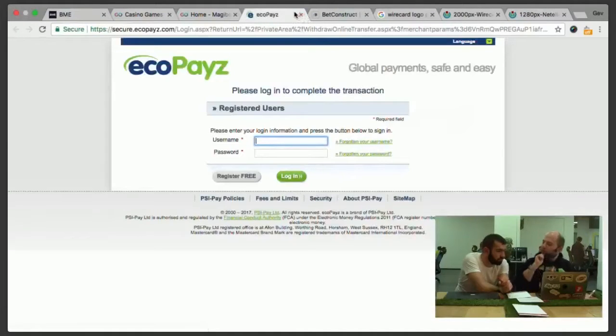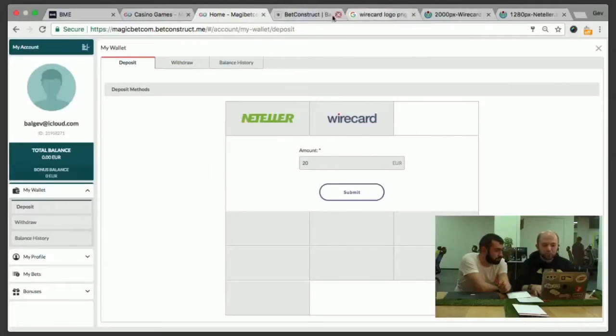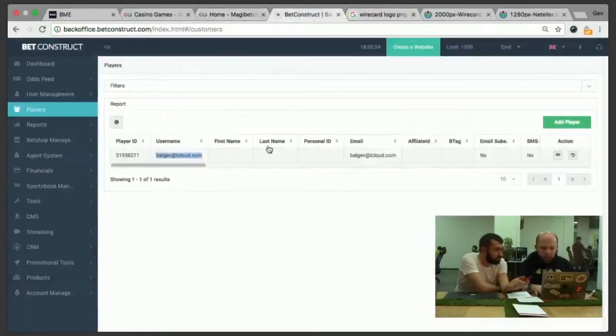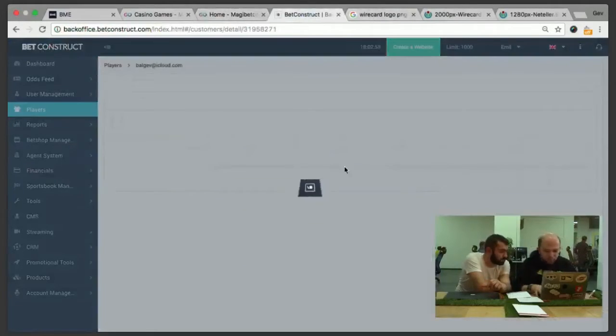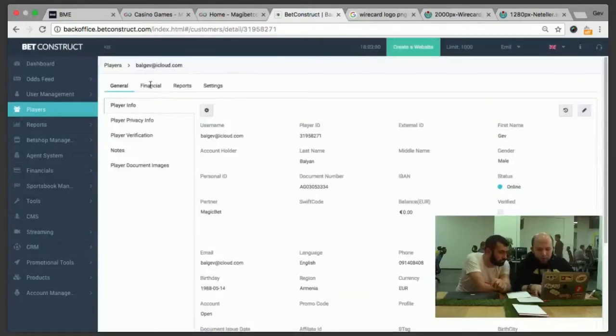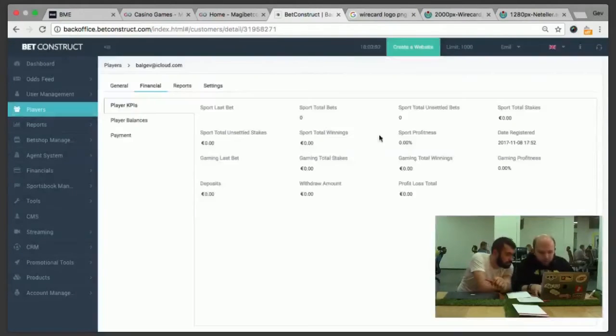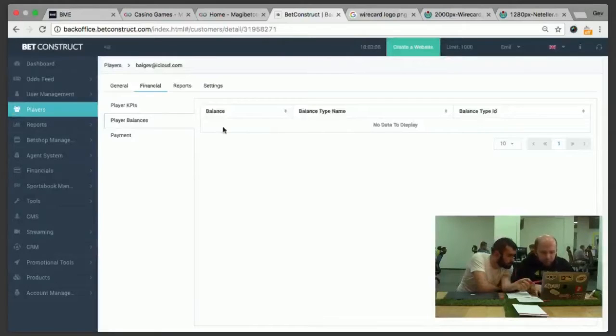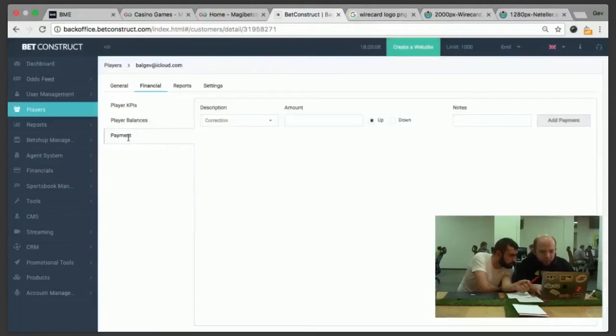Oh, instead of depositing money right now, I can actually go to back office and just do a correction. I can select this user, and from this financial tab, I guess I can go to the player balances. No, payment. Yeah. Correction. From here, I can do a correction as a website owner. Let's say